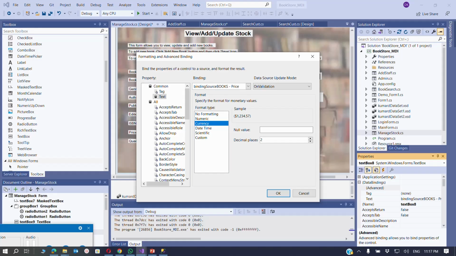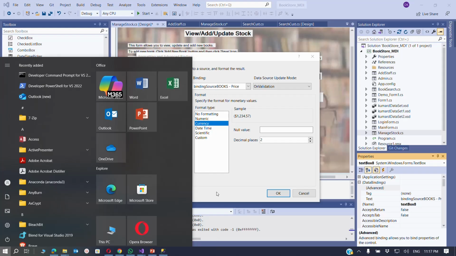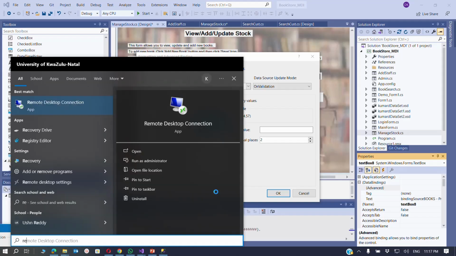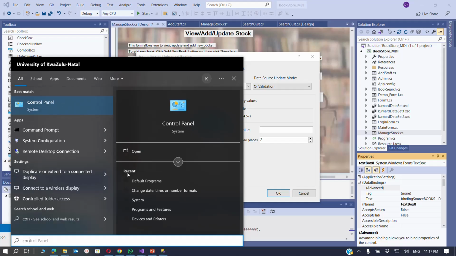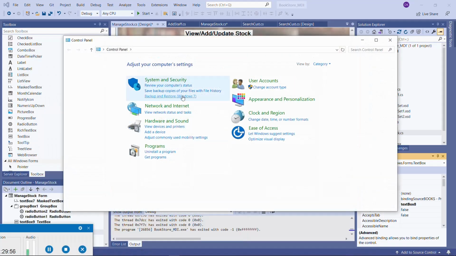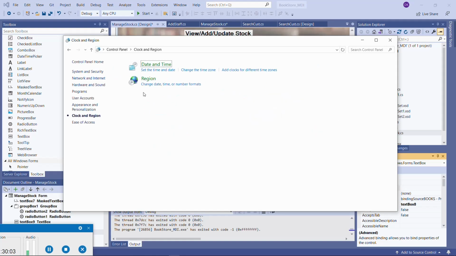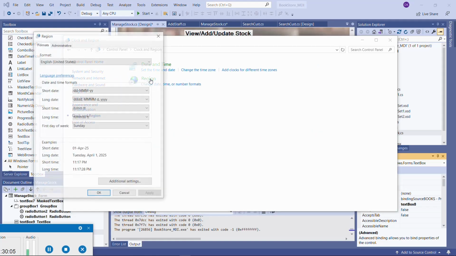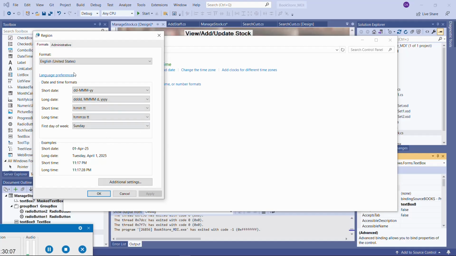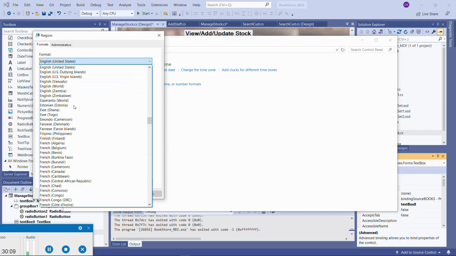You can obviously go and change the regional settings to South African settings. So you go to the control panel, and in the control panel you go to, I think you can even change, yeah, the clock and region. This is the setting that you go and change there. So region, if you change the region settings from US to South Africa,